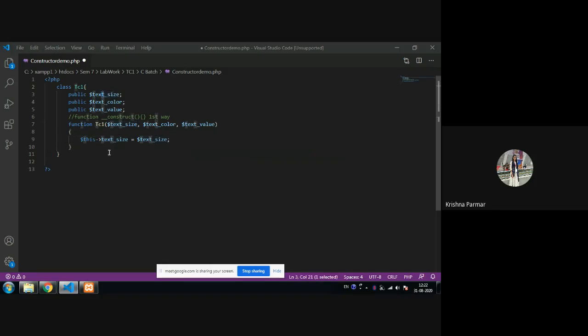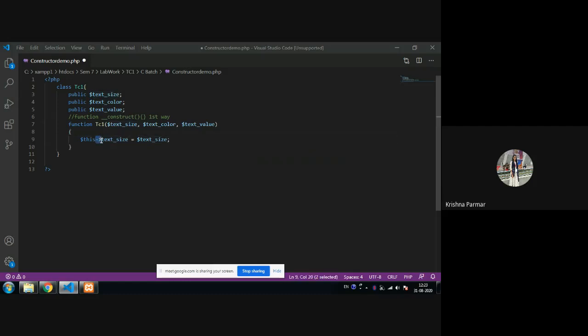That's why I'm using the this keyword. This always refers to the current object. So are you getting my point? Here text_size is the user value and it is assigned to our class value. Komal, you were absent in the previous lab session, so make sure to keep these things in mind.